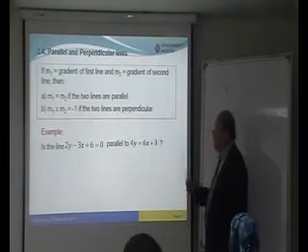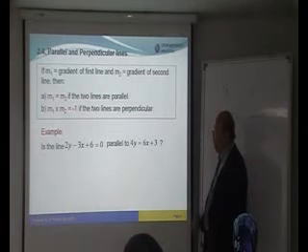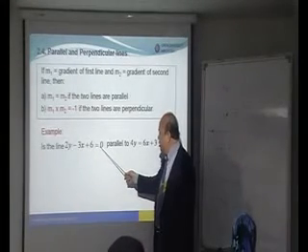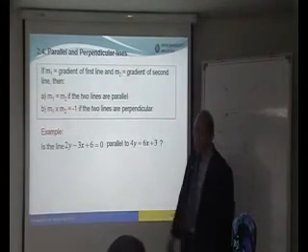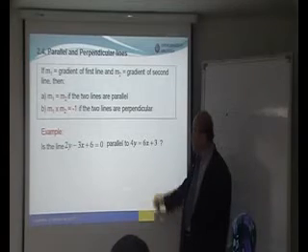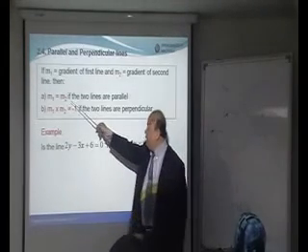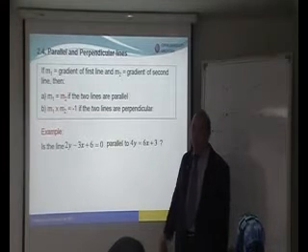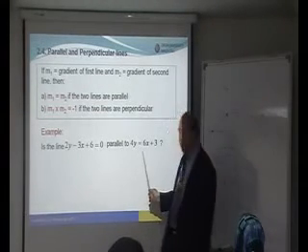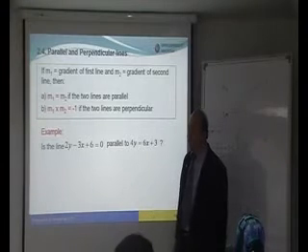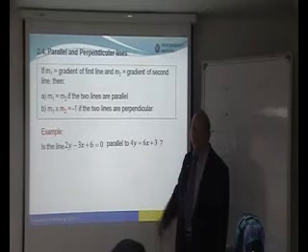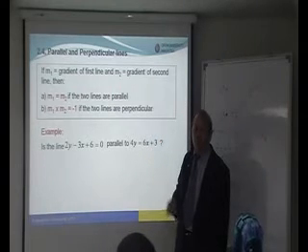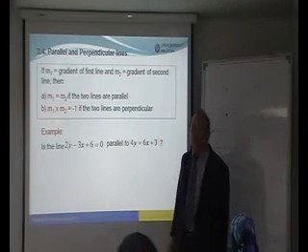Okay, let's look at an example. The question asks us to prove or to find out whether the line 2y minus 3x plus 6 equals 0 is parallel to this line or not. How do we know parallel or not? For parallel, the condition is M1 and M2 must be the same. So what you need to do is find the value of M1 and M2. And how to find M1 and M2? Remember earlier, at the start, I already told you, you must compare with y equals mx plus c. Then you can find m.